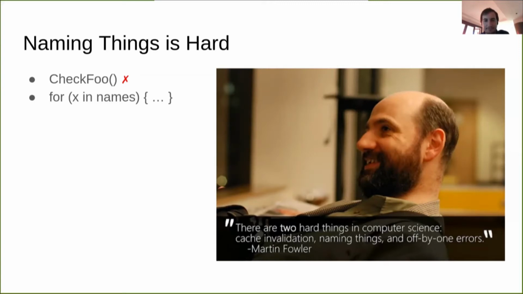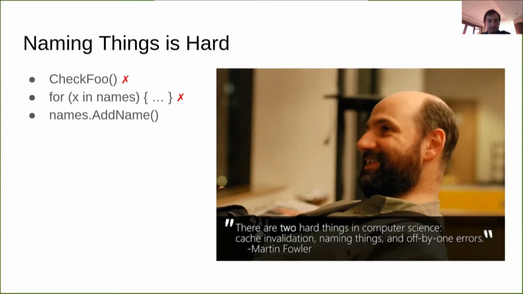To me, it depends on the context. If the loop is very small, the name is not so important, because you are going to see what X means, but it's obviously better if you name it, for example, for name in names, like the singular of the range. Yeah, I agree with both of you. I think in this case, name is the obvious name for the variable. There are times when a one-letter variable might make sense. I'll talk about that in a moment.